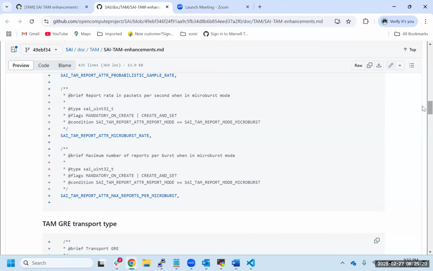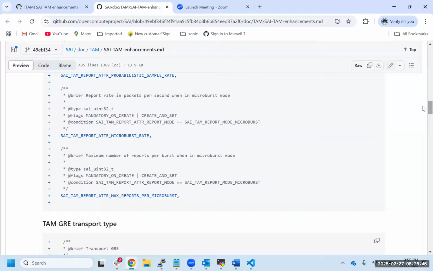Now, not all events will send out reports. That control is done by this report object, with either the probabilistic sample rate or the microburst mode. For each event, when an event is generated, it controls whether a report gets generated or not. That is controlled by this report attribute, either the probabilistic sample rate or the microburst parameters.